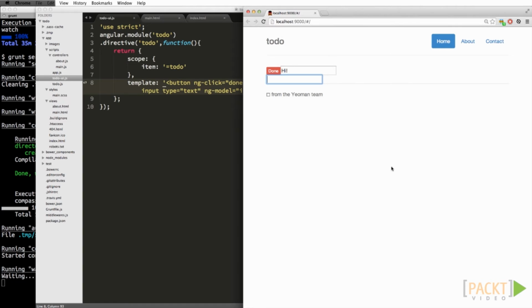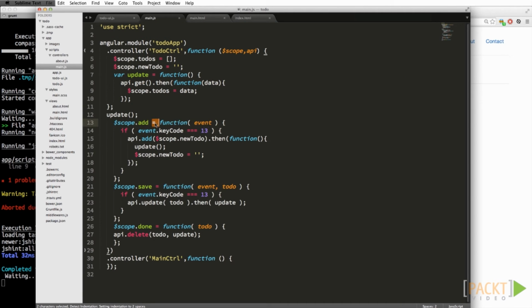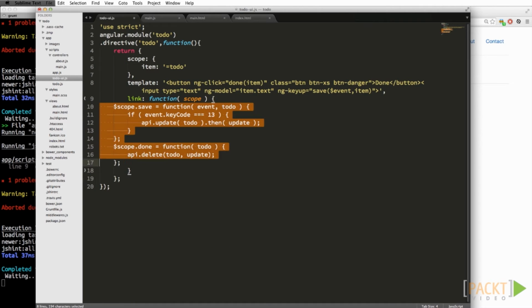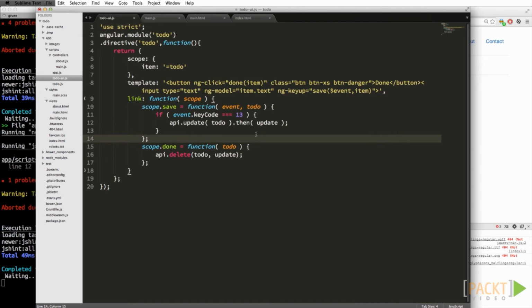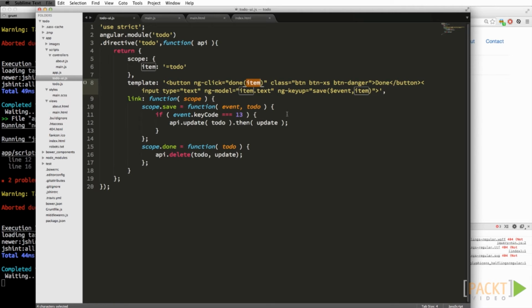Fantastic. But one of the reasons it's still working is because the save and done methods are in the host scope. So let's move those in to make the whole thing self-contained. A few more fix-ups to make. One, we need to add that API. And we can also get rid of these local connections to to-do. And